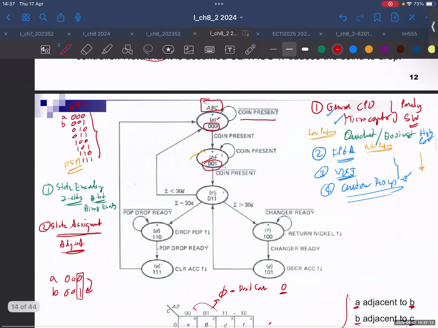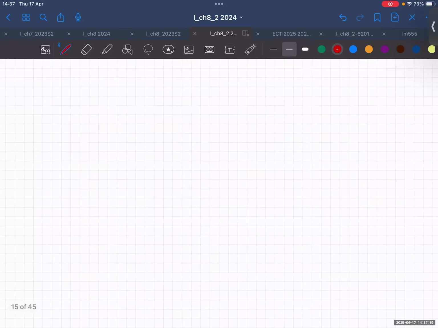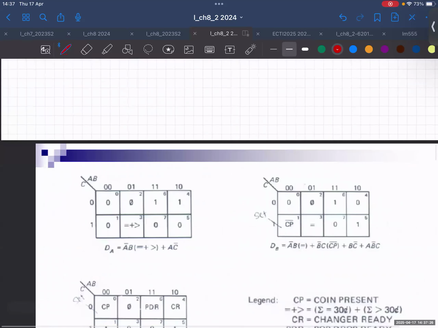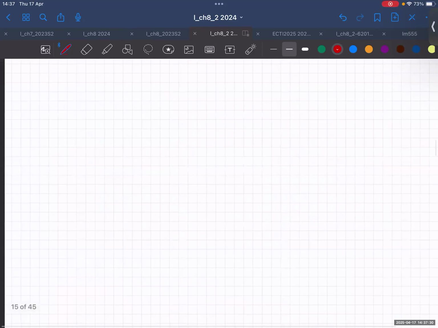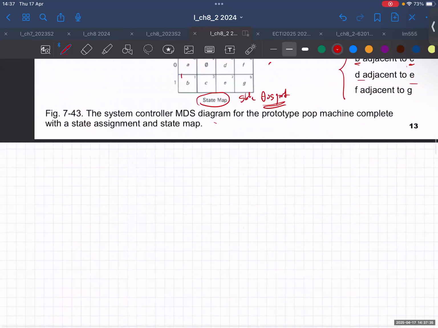We have to analyze. We call this analyze states. Let's see, analyze this one. First, we know that states A, B, C are the flip-flops, right? A, B, C. These are all the states. And then if you want to change the state to the next state, you have to consider,